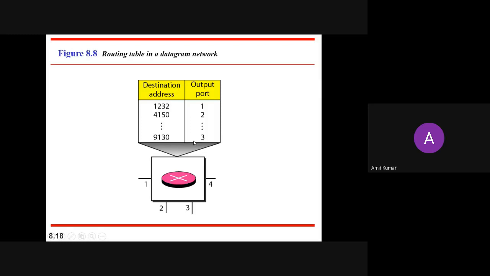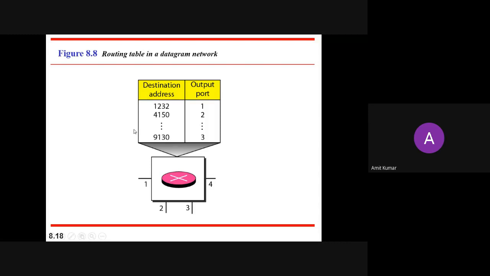We have 4 ports here, and here we have an example of 3 ports. Each message will have some destination address. It can be some router or an end device. It will inform that if you need to reach the destination, you need to route from this port, either port 4, port 3, or port 2. If you have a connection through those, only then it will choose that path. Otherwise, it will not choose the path.